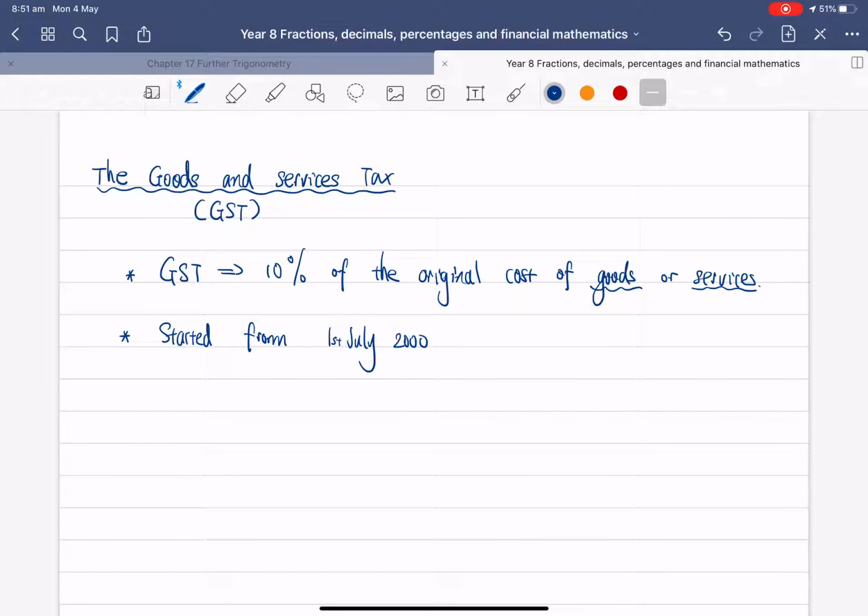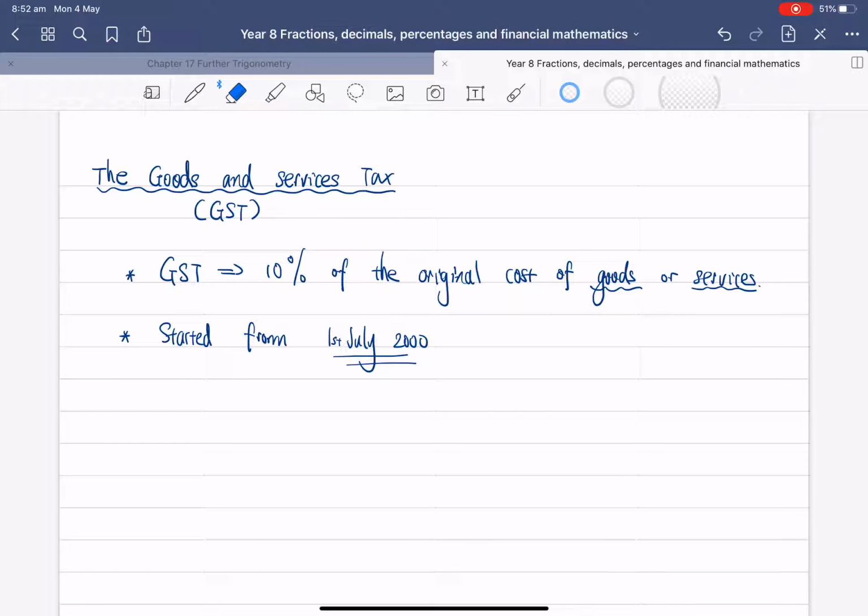Okay, so today's lesson we're going to talk about goods and services tax, the GST. GST starts from the 1st of July 2000. It was introduced by the Australian government when John Howard was Prime Minister. It is a tax on the supply of goods and services in Australia and also on the goods that are